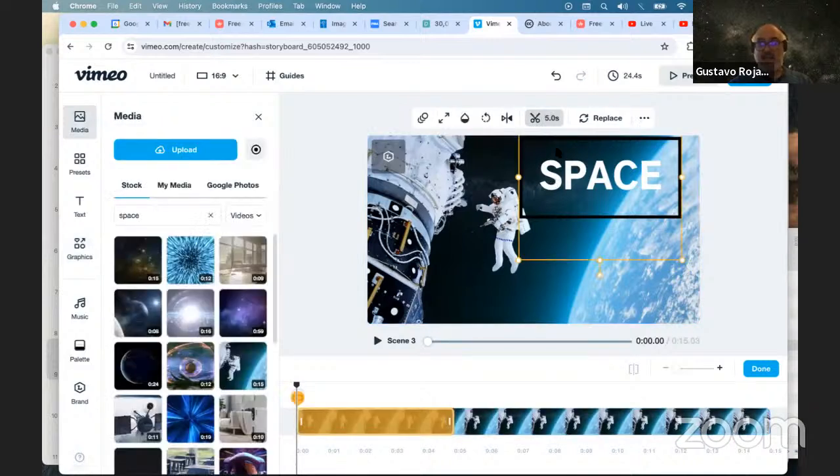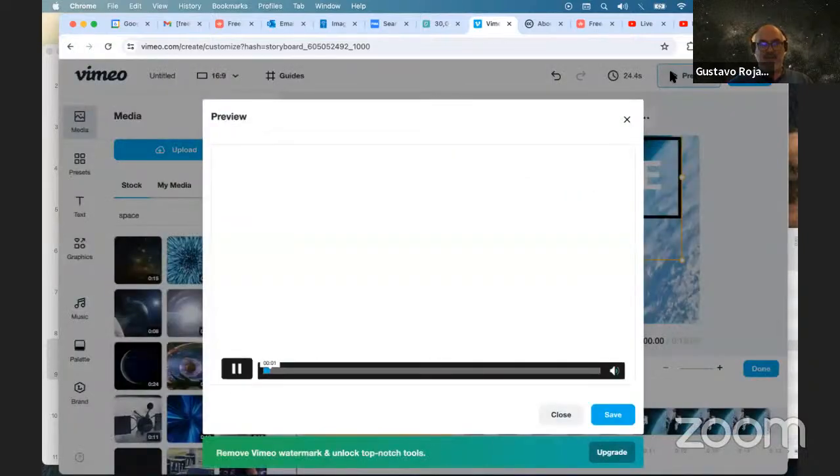But as I said, video is a more complicated issue. You can edit videos and you can have a nice result, but it requires some effort. Don't be afraid of playing with these tools, because they're available and they're free. After you're satisfied, you can save, of course. So let's preview what the result was. It's not very great, but we can